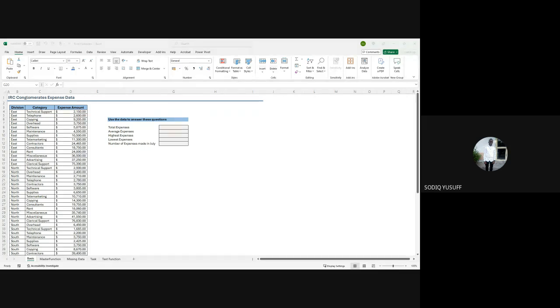So in the last class, we talked about how we can do our reporting in Excel. And we also itemized that there are 5 ways of doing reporting in Excel. So everyone, type in the chat, what are the 5 ways of reporting in Excel? Type in the chat, one after the other. Type in the chat, what are the 5 ways of doing reporting in Excel?